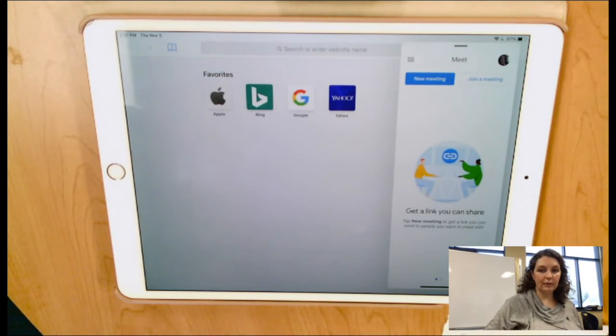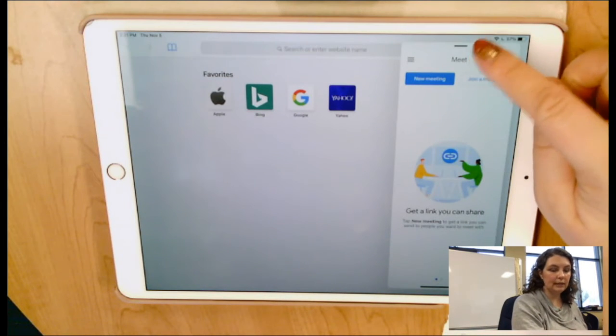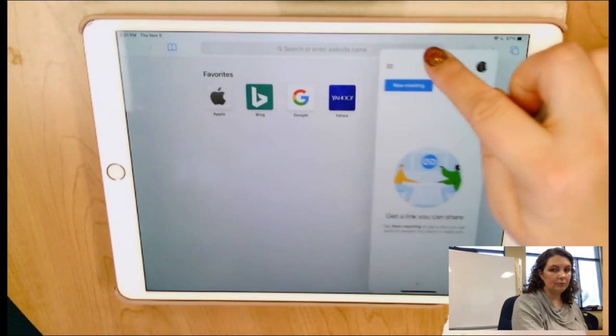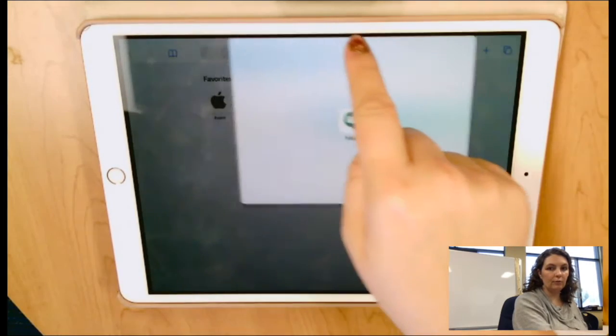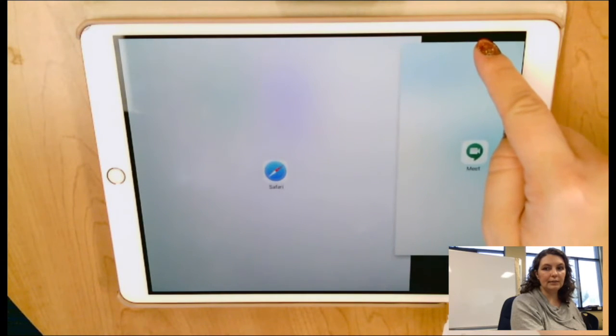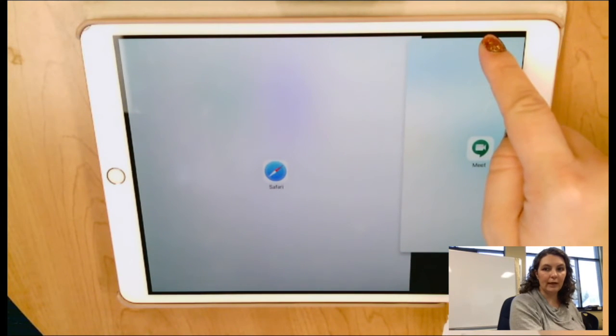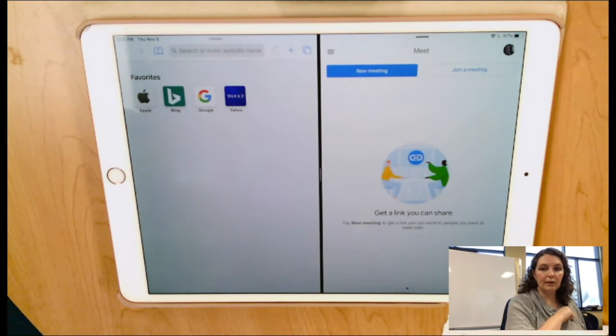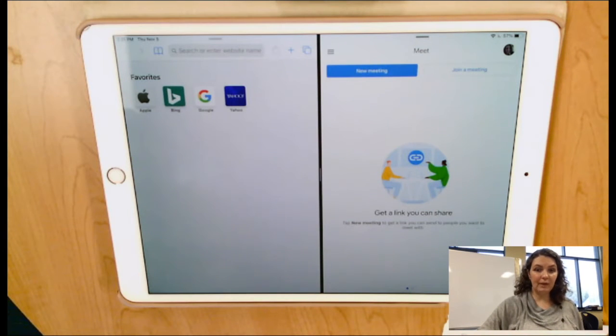Now with the overlay, I don't have to just leave it there. I could actually use that little line at the top and I could move it around. You sort of have to hold on to it for a minute before it'll do that. But you notice when I moved it to the side, see how now Safari moved out of the way? If I drop it there, now the apps each take up half of the screen. That is called split view. So with split view, the apps are actually side by side, and I can decide how much of the screen I want it to take up.